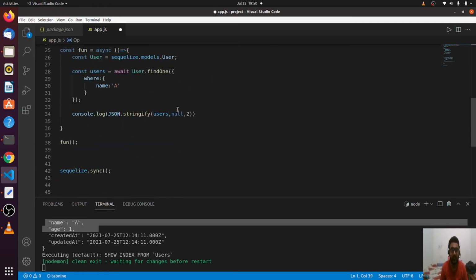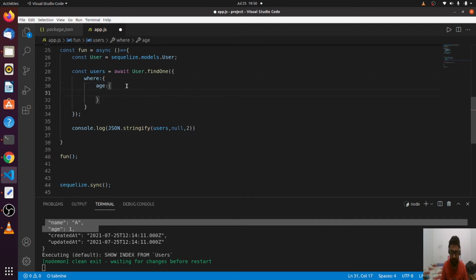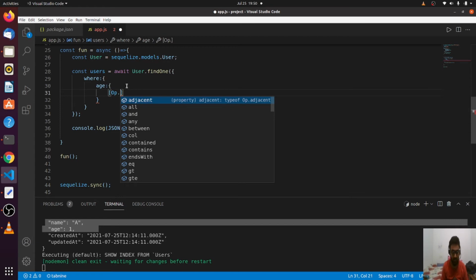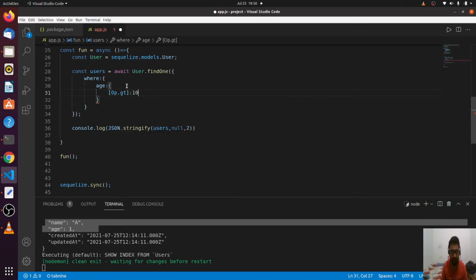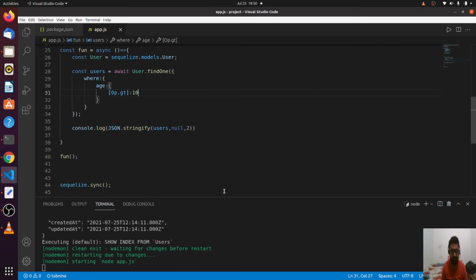After this, you can follow this syntax: where age is Op dot, and for greater than I can use gt, so it is greater than 10. Let me run this.